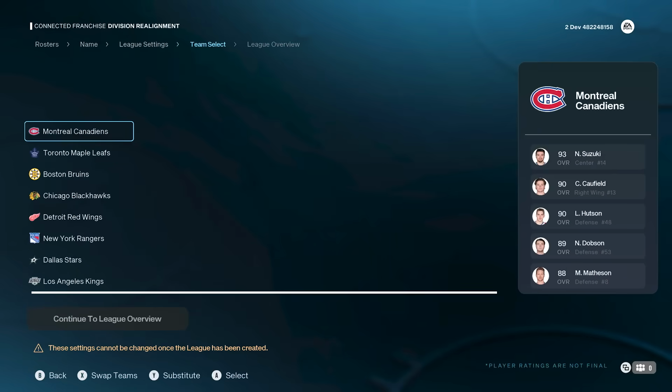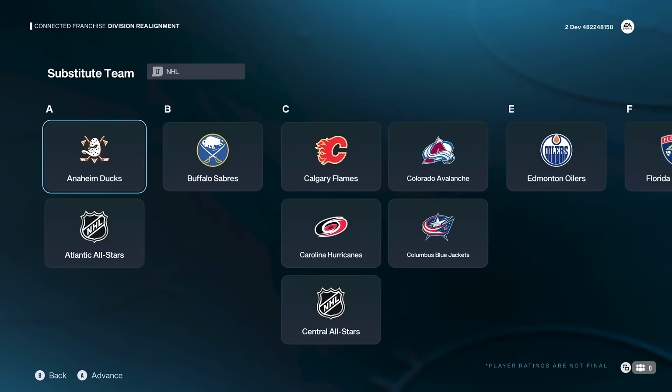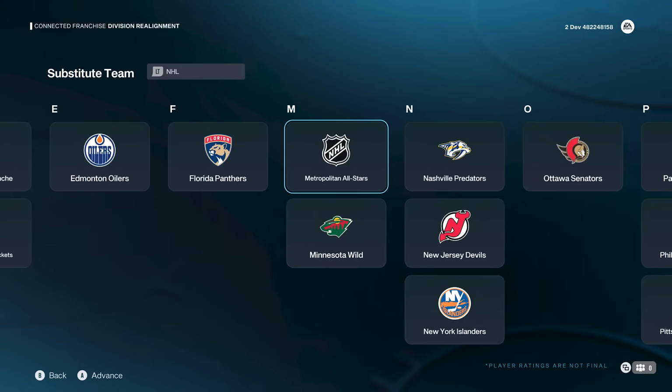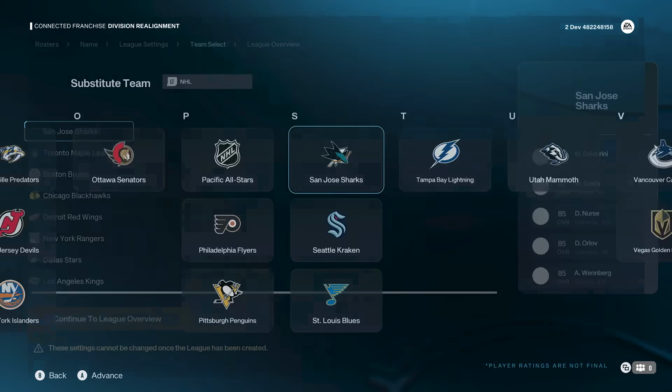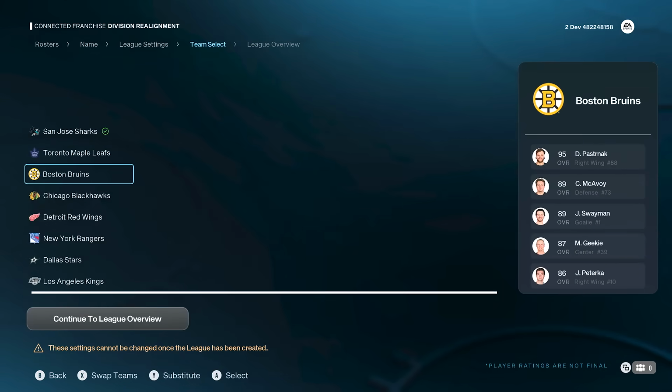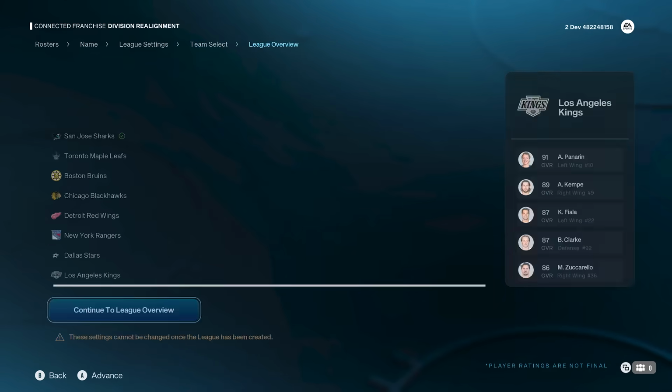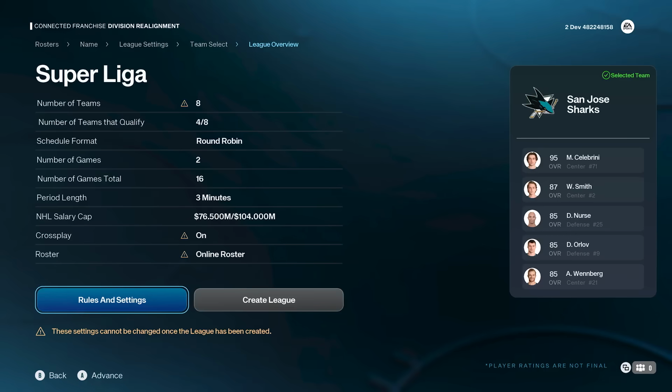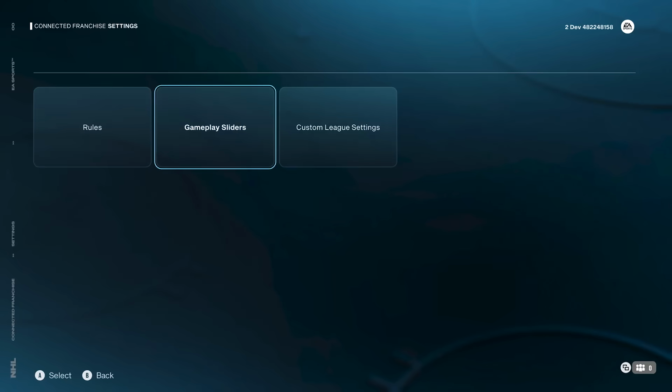Once you select your teams, you're then able to see the different ratings that each of the players have on the right-hand side as well. I'll select San Jose here and continue over to the league overview. From the league overview, you'll see a bunch of settings, but you can also go into the rules and settings and change your gameplay sliders,